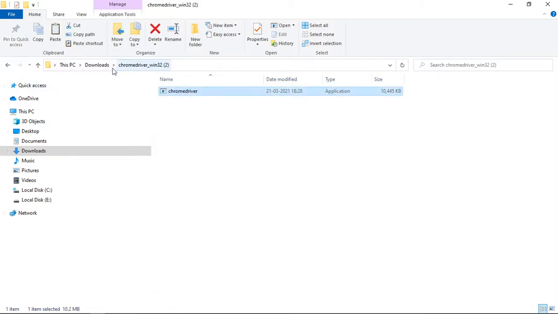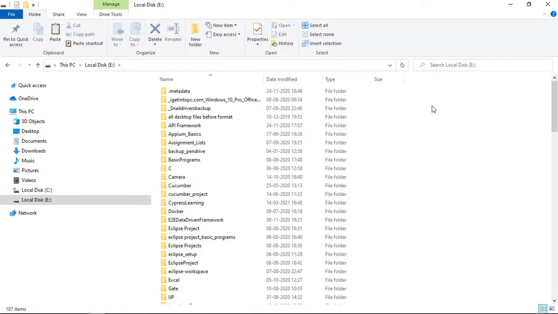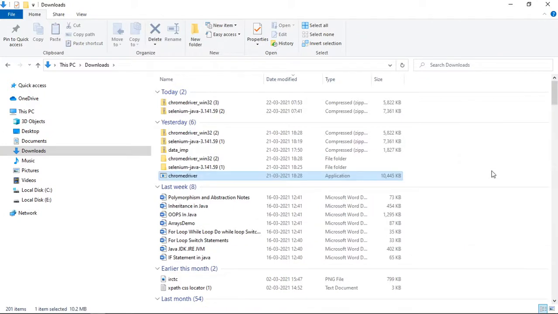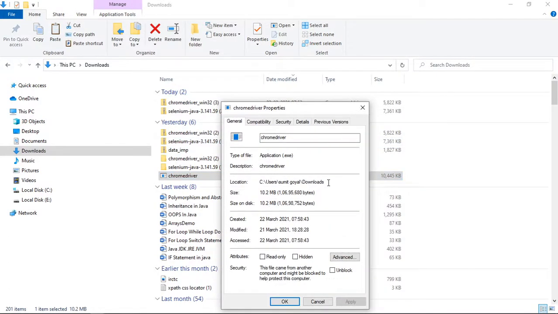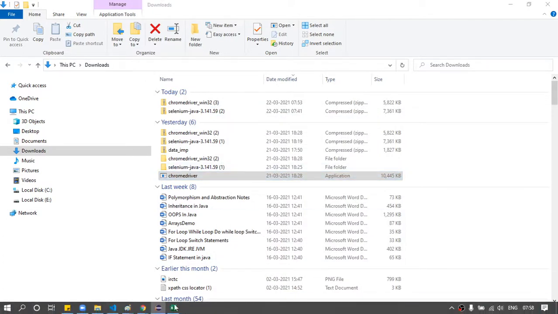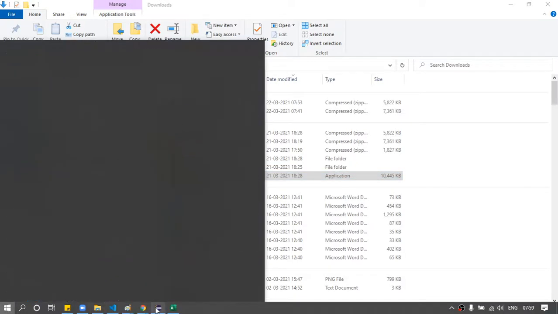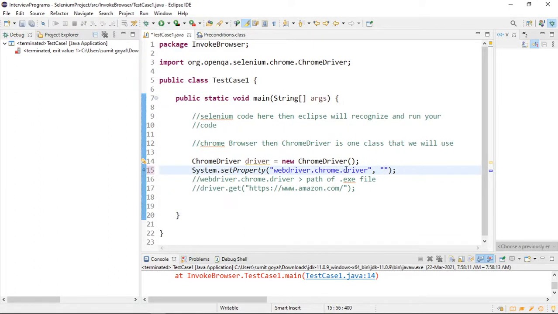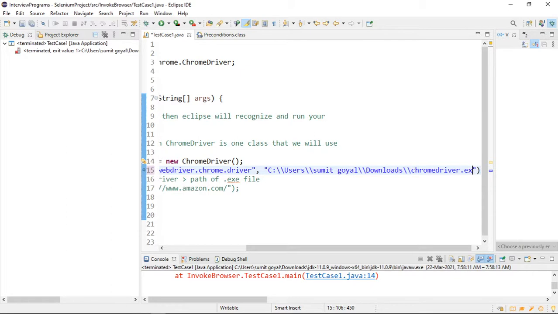Let me not give 2 like this. So this is the path, and after that chromedriver.exe.